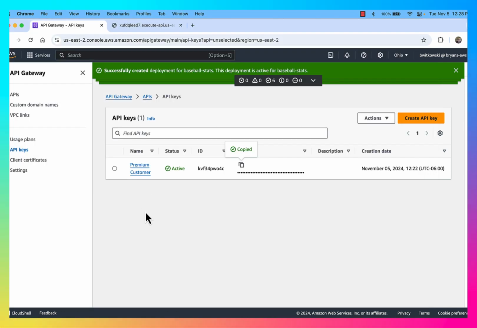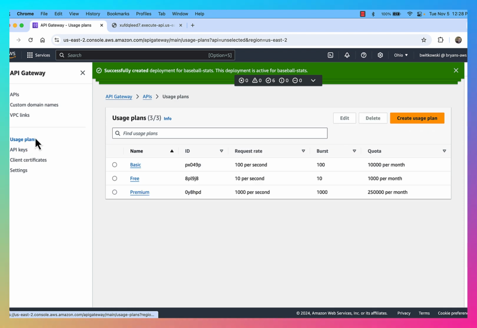And then AWS is going to manage the usage plans and the API keys and see that the request came from the specific customer, so that they have access up to 250,000 requests per month because of the usage plan that API key is tied to. Okay, if I go back to my API,